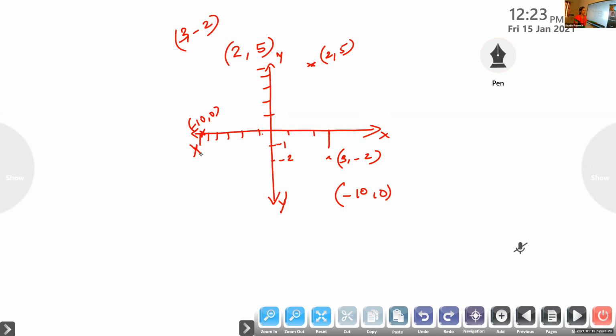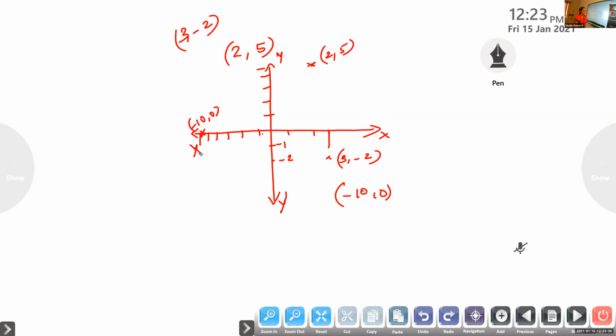So now what we are going to learn is how to represent a complex number, how to locate a complex number in a plane. That plane we call the Argand plane, A-R-G-A-N-D, Argand plane. Representing a complex number in a two-dimensional plane, we call it the Argand plane.